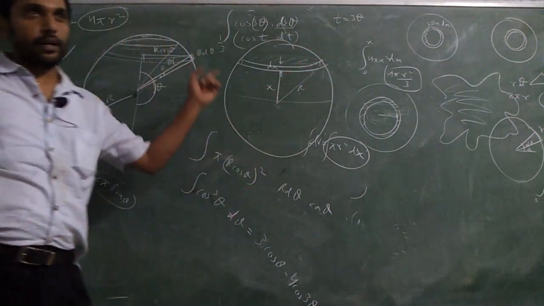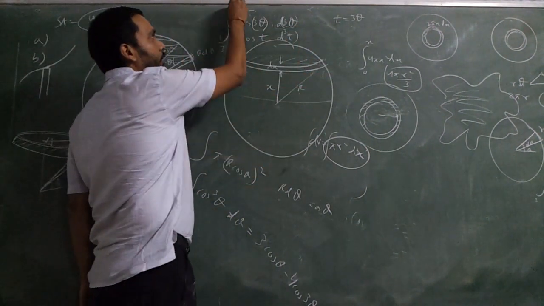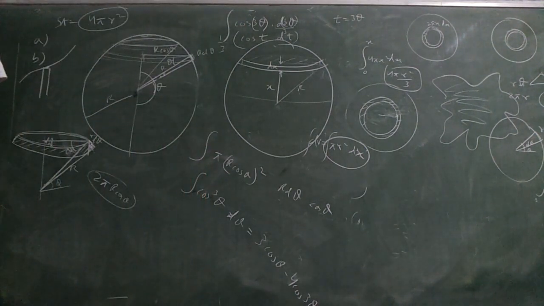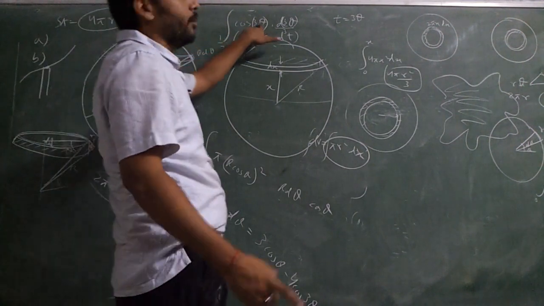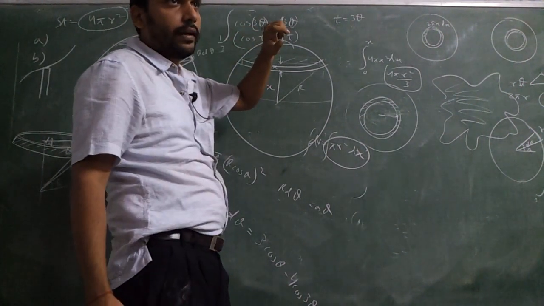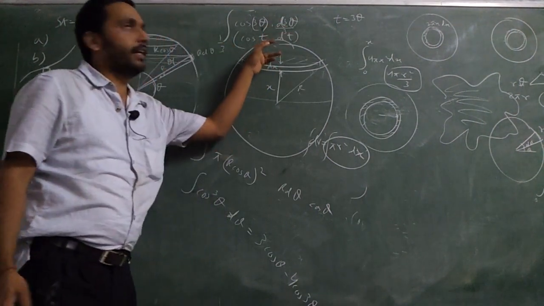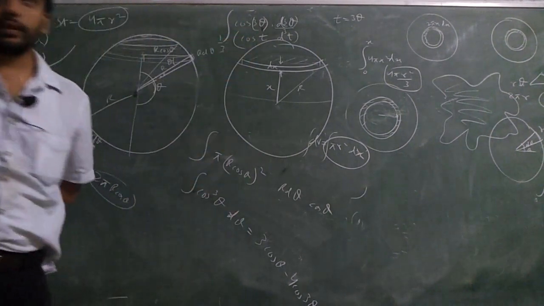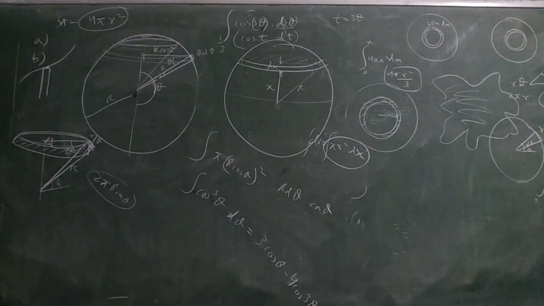But when you change into t, don't forget to change your limits. Theta was going from something to something, say 0 to 90 degree. Now 3 theta, which is t, is going from where to where? 0 to 3 times 90 degree or not? 0 to 270 degree or not? So when you change your variable, you change your limits also. Get the point? Limits according to the variable.